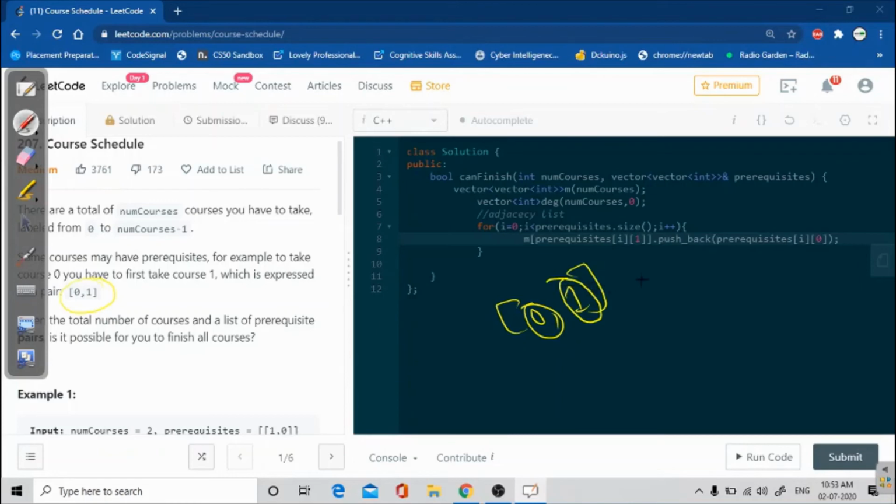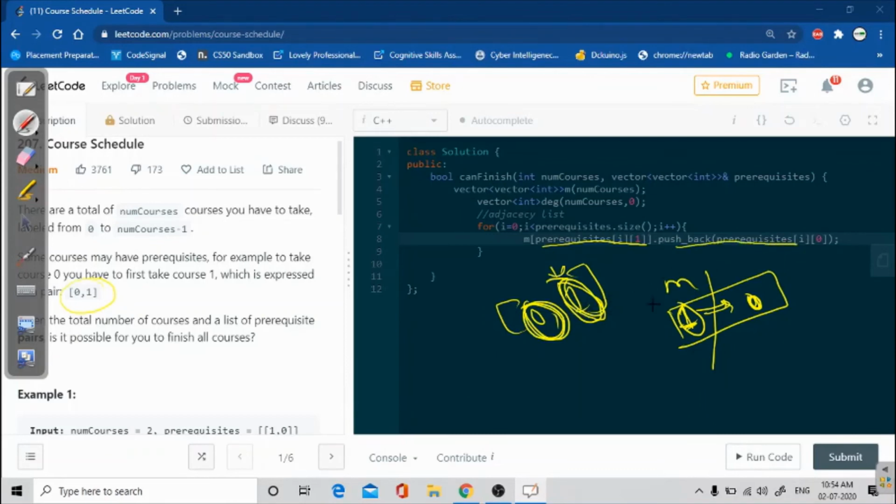What we are doing is maintaining a map where for completing course 1 I have to complete 0 first. So for completing course 1 I have to complete 0 first. That is why I am storing 1 on the left side, and this 0 on this side.